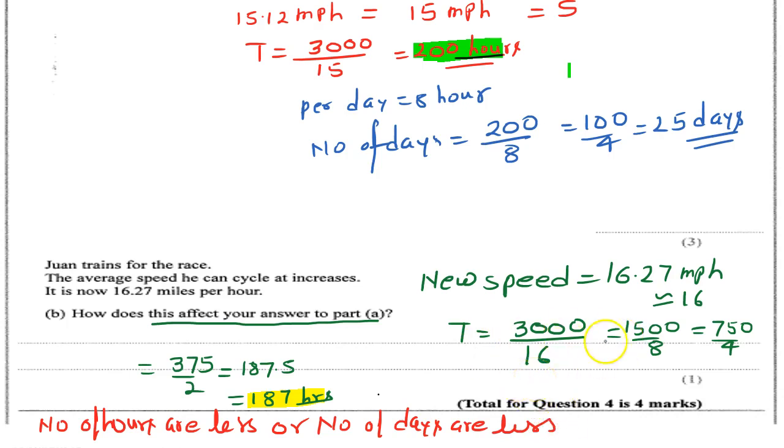So there it was taking 25 days, or 200 hours, so it will be 187 hours, and 187 you can divide by 8, then you will get. So you just need to mention how it affects your answer. So number of hours will be less, consequently number of days will be less. Okay, now